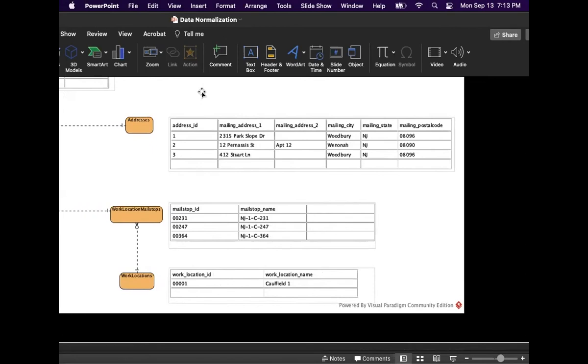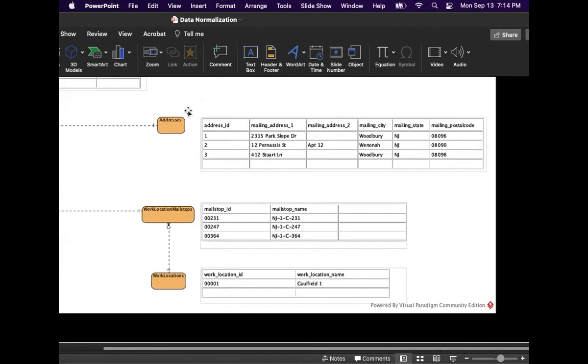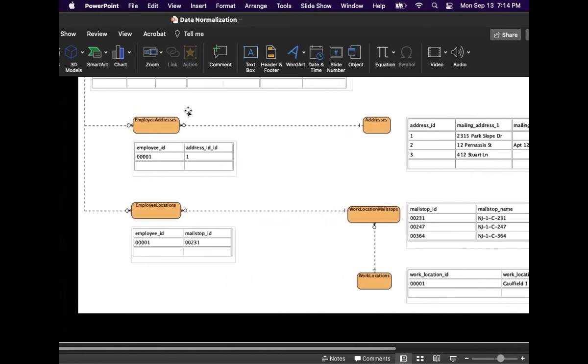So in this case, if we had multiple employees who both lived at 2315 Park Slope Drive in Woodbury, New Jersey, we would be able to use an association table, an employee addresses table, to link a specific employee to a specific address. And we could put any number of employees in this table and have them linked back to that specific address. And that's the whole purpose of an association table, is that for any row in this table,